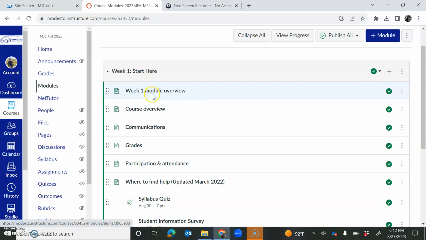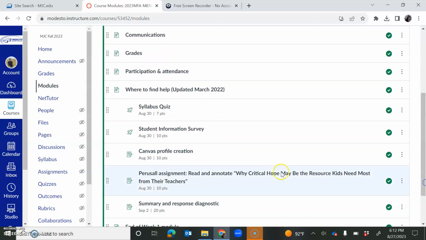Modules should be gone through page by page from top to bottom. These pages here are instructional only. They don't have assignments attached to them. The ones that are indented and have the different icons down here, those are assignments and they will show up